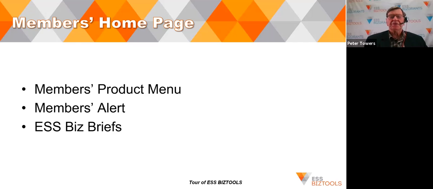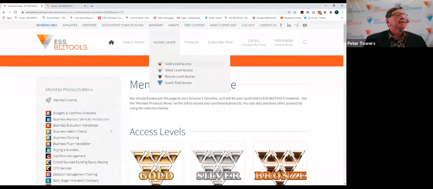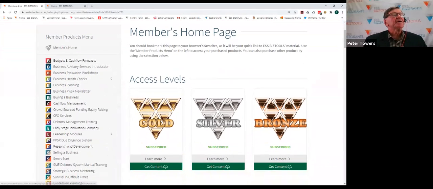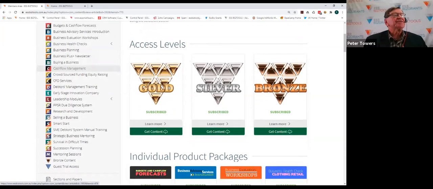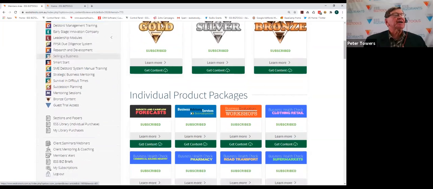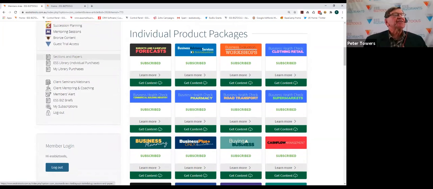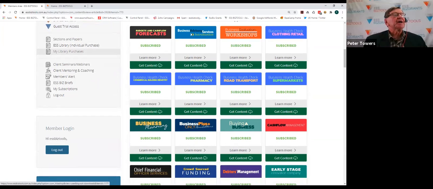So I'm just going to bring up our website now so that you can have an overview of the site. So we have the members product menu, which down the left-hand side has got the names of the various product packages. If you click onto those, you'll bring up those product packages that as subscribers you can access. Then it goes into sections and papers and some material about individual purchases. And then we have